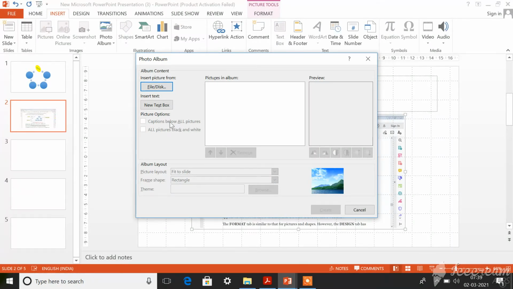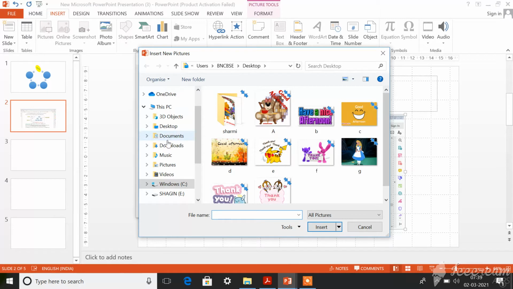In this, if you want to add photos into your album, you need to select those particular pictures, isn't it? For that you need to click on the file or disk option. You will see the list of folders in your computer.